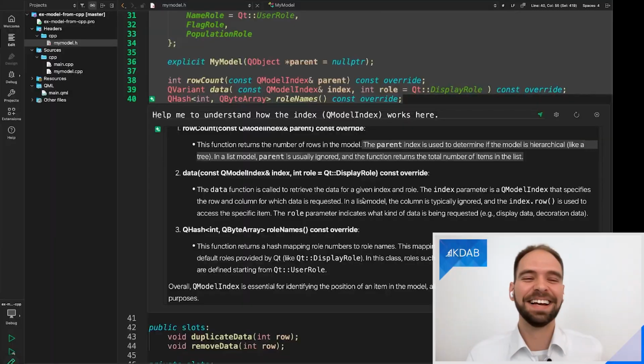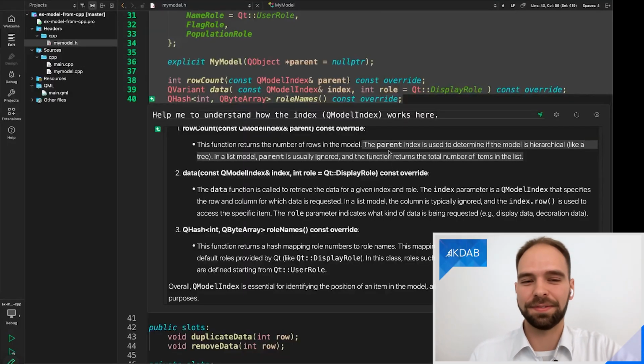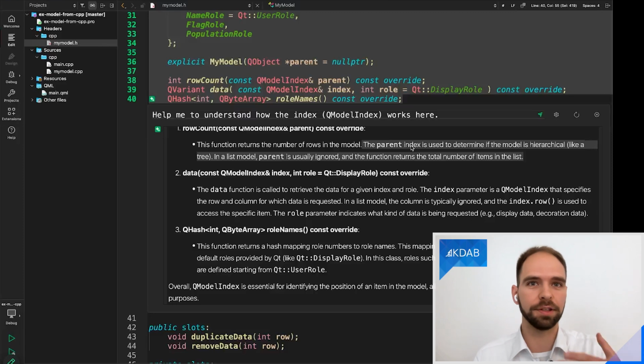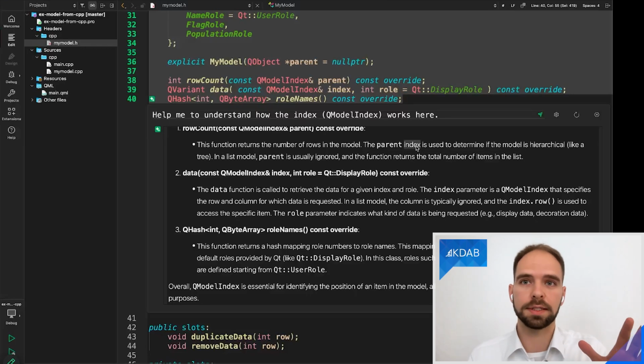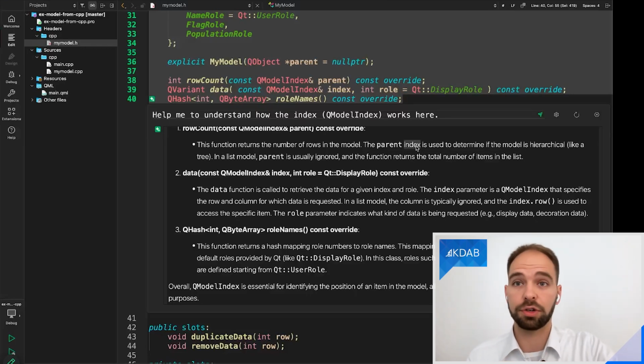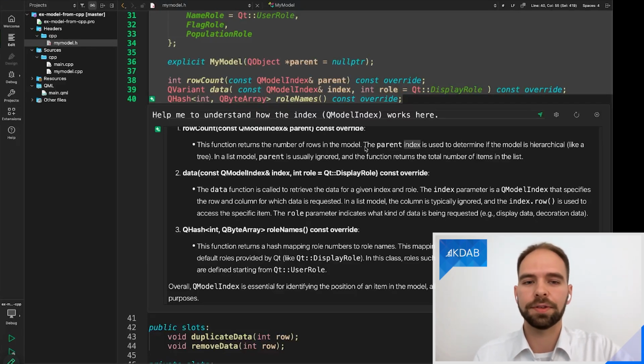Yeah, that's the beauty of presenting something about AI, that it would give you a new answer all the time. Right, so I find this sentence a useful sentence, even though I'm not sure if you're coming new into this, you will immediately make sense of it. Here we see that the indices are important in different kinds of models, and they have different roles in list models versus tree models, for example. Whether this immediately makes sense if you're just getting into it, that would be another question.